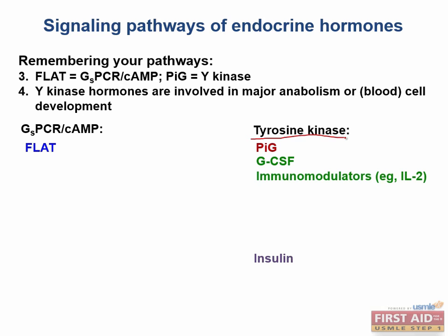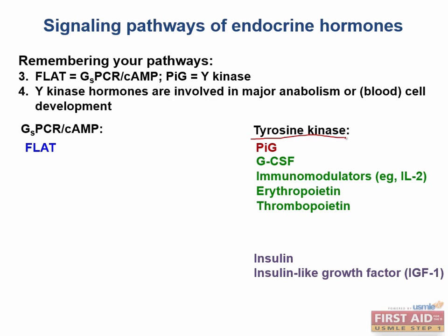For the red blood cells, you've got erythropoietin, and for the platelets, you've got thrombopoietin. The other hormone that acts via the JAK kinase pathway is growth hormone's little protege, IGF-1, which stands for insulin-like growth factor. Of note, insulin and